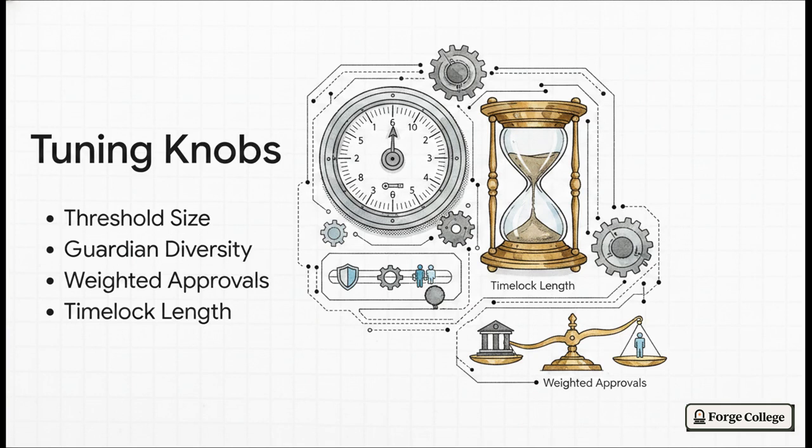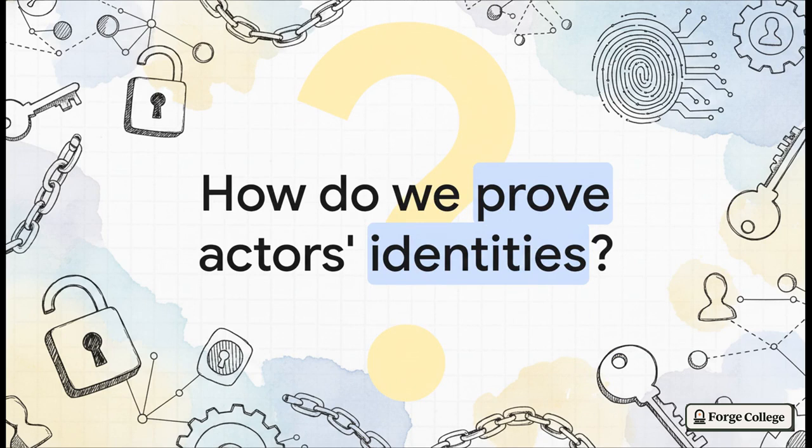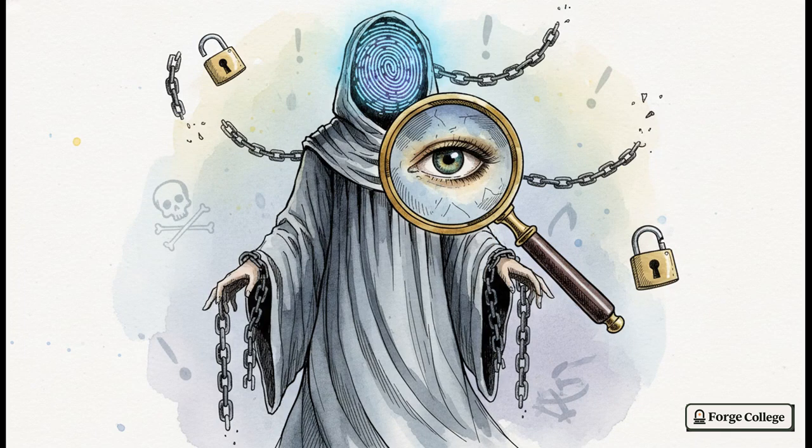How cool is that? But now that our crew is assembled, the blueprint is drawn, and we know how to tune our security knobs, we're left with a really critical question about verifying true identities. How do we actually prove these actors are exactly who they say they are during the absolute chaos of a recovery? Well, that exact question leads perfectly into our next explainer, where we'll dive headfirst into identity verification and security risks. Because at the end of the day, a trust network is really only as secure as its ability to verify the actual humans sitting behind those screens.